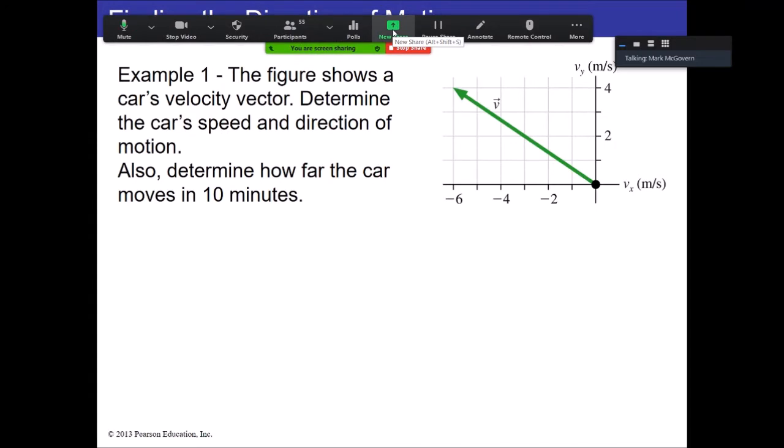The figure shows a car's velocity vector. Determine the speed of the car in the direction of motion. Also determine how far the car can move in 10 minutes. So the vector that's given to us,